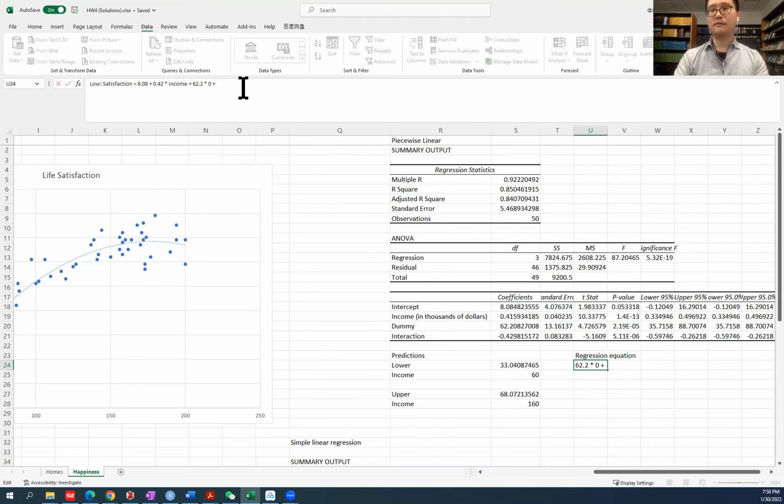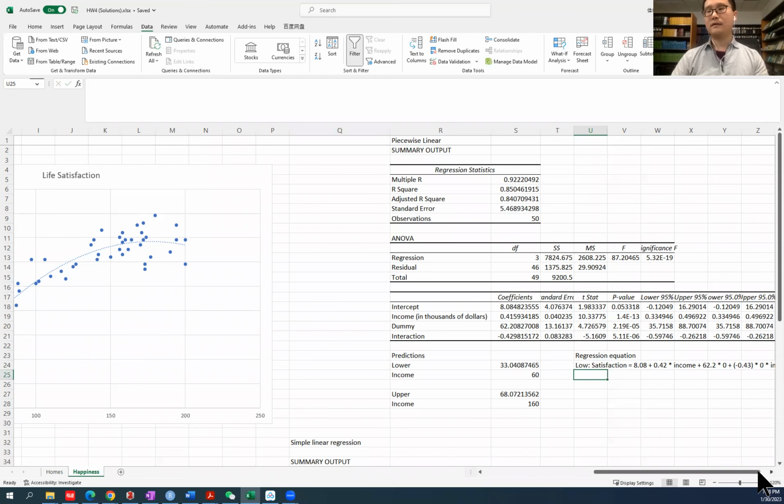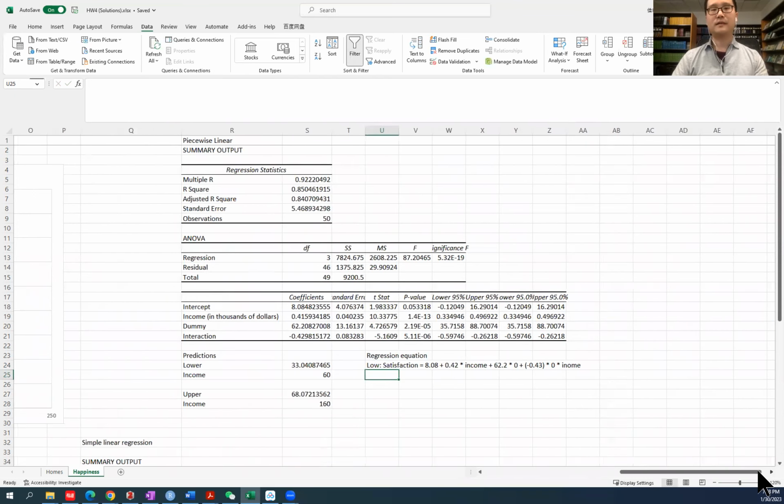This interaction term should be formulated as the coefficient, which is negative, times the dummy variable value for that group, which is 0, and the income will come here again. So this is how we calculate the low income group